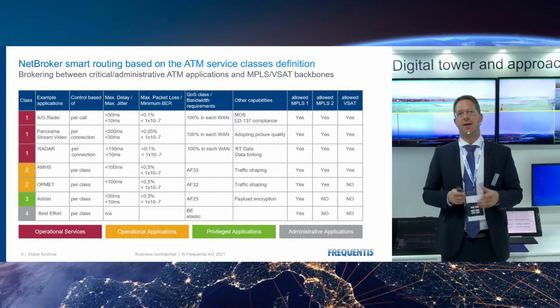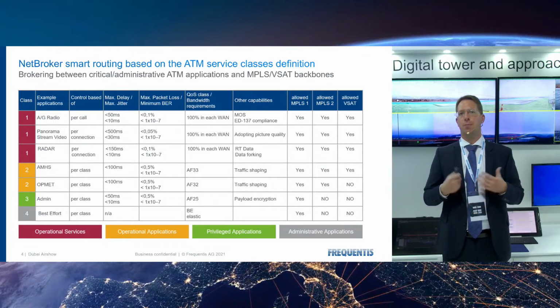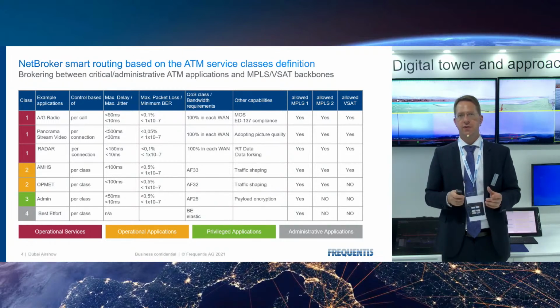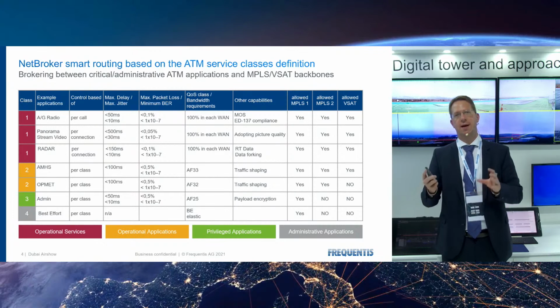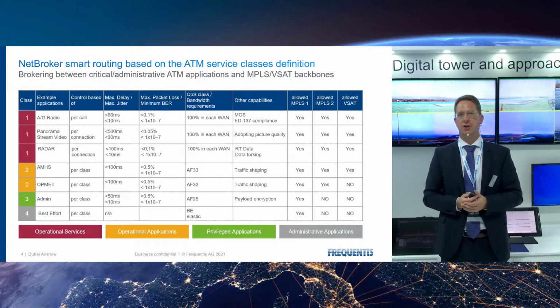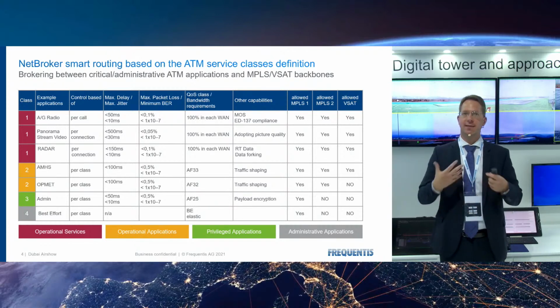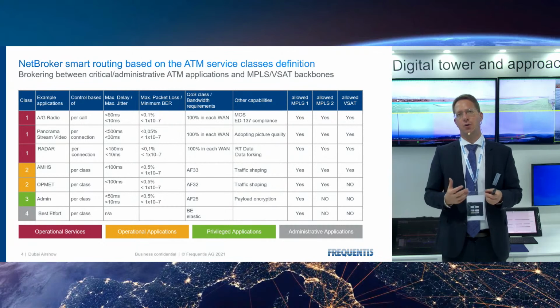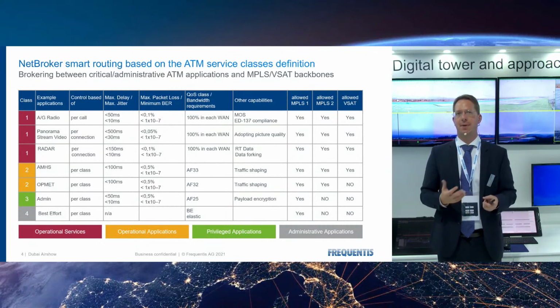So here, the transmission of the panoramic view is essential for the operational aspect. And of course, different parameters apply to the application of a video transmission compared to the voice communication. So here you have significant differences between those applications, and it's important that you don't switch over the entire network, as it's the case in normal telco-grade applications.